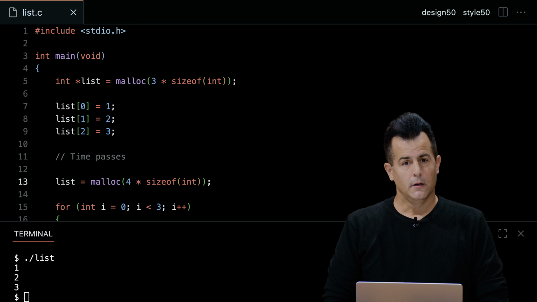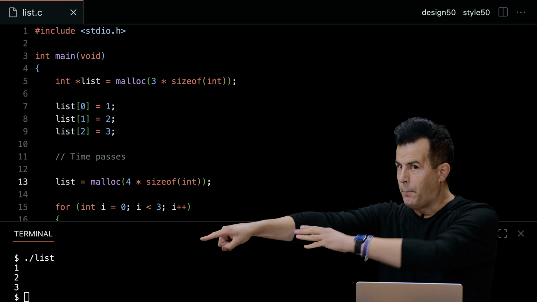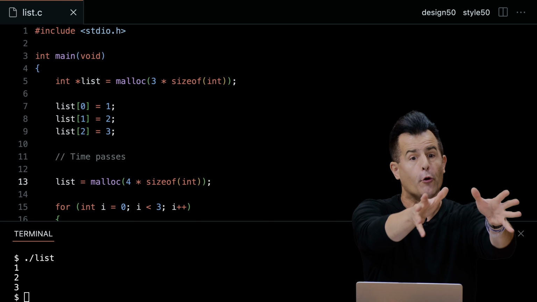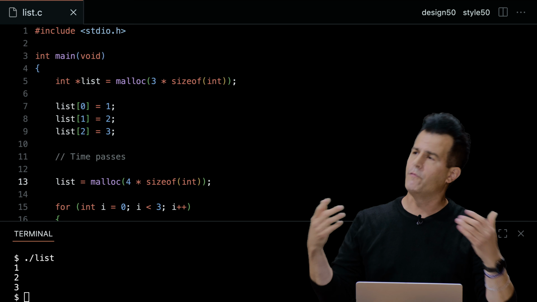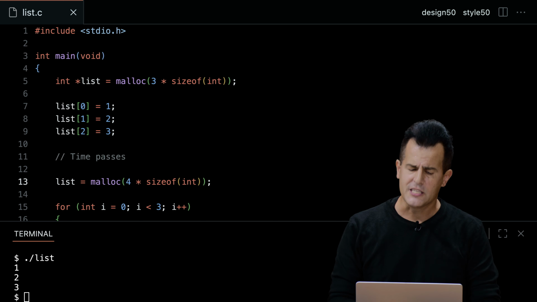Yeah, I'm wasting all of the memory I had from line 5 because I'm essentially forgetting where it is. If the list pointer is literally a pointer, like a foam finger pointing somewhere in memory, what I'm really doing is saying point it over here now, but I've completely lost track of those other 3 integers in memory, and that's what we described last week as a memory leak, which you could find with Valgrind, and if you didn't find it or fix it in code, eventually the computer and the program would slow down over time. So this is probably bad.